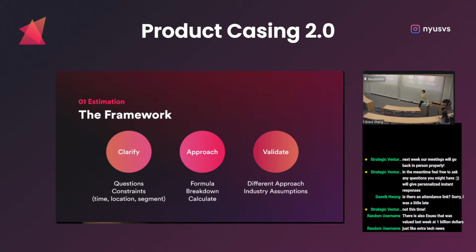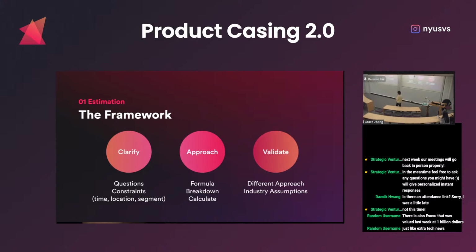This is one of the approaches. Obviously, with every question, there are a lot of different approaches for how you want to do different things. But this is an easy one to remember: clarify, approach, and validate. When we talk about clarifying, it's really just trying to understand exactly what the interviewer wants you to do. And honestly, you want to clarify in front of almost every type of case question you ever have, because if you're answering the wrong question, you're just out. So first, you're going to ask them questions. And then second, you're going to want to list off the constraints you have. A lot of people like to use TLS, which is time, location, segment. What I'm talking about here is